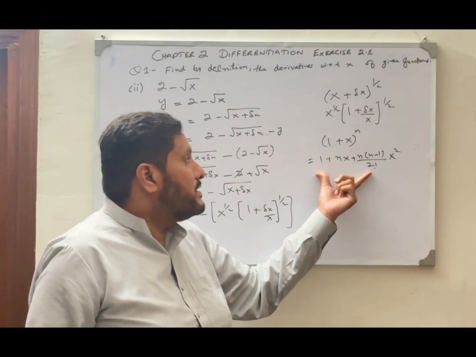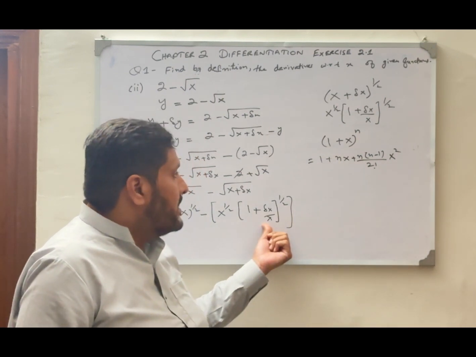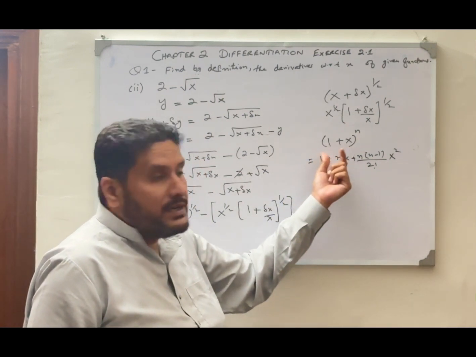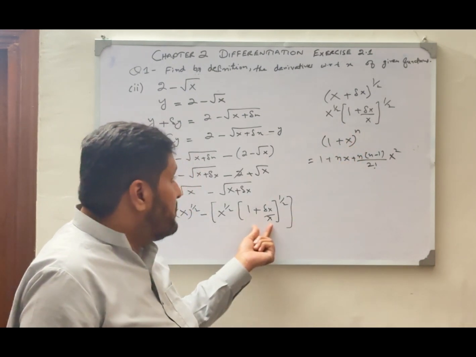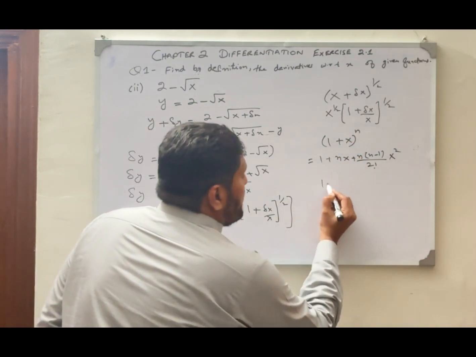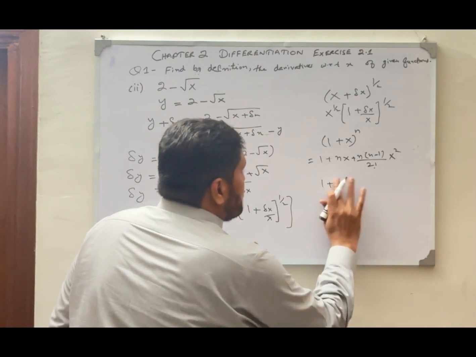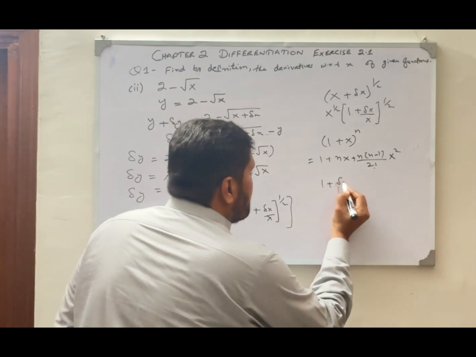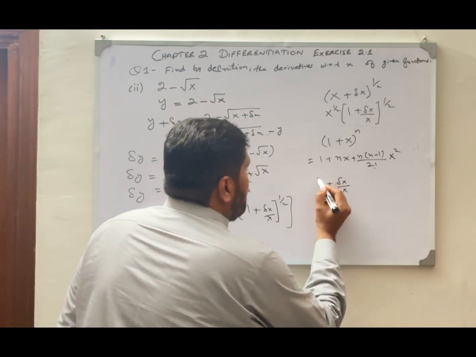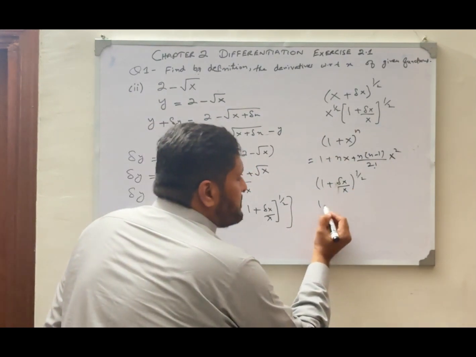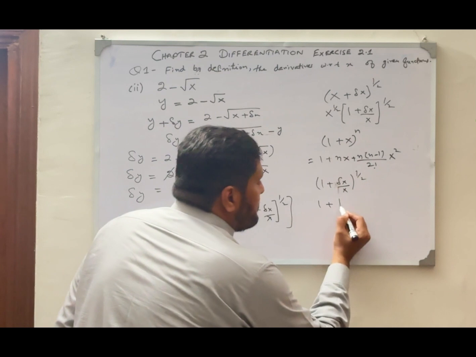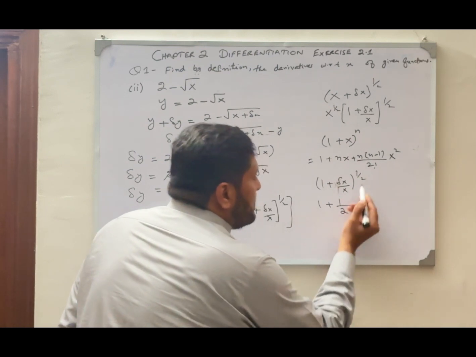So this will be the binomial expansion for the given binomial 1 plus x power n for any given function. So if we take this one, 1 plus delta x over x power 1 by 2,